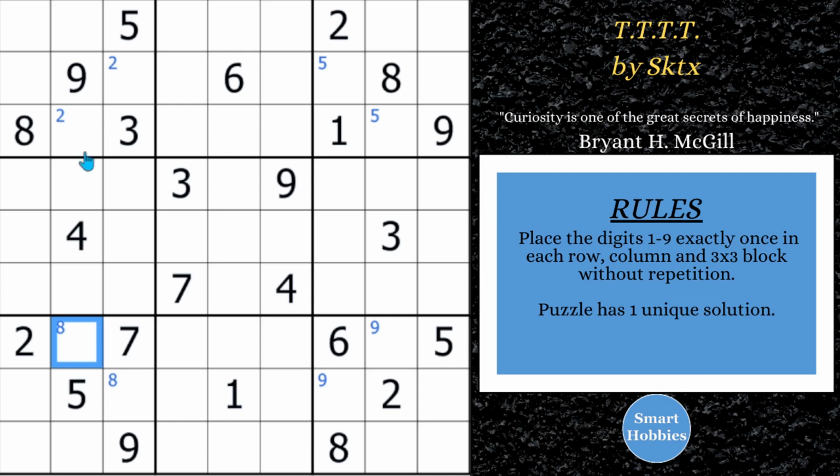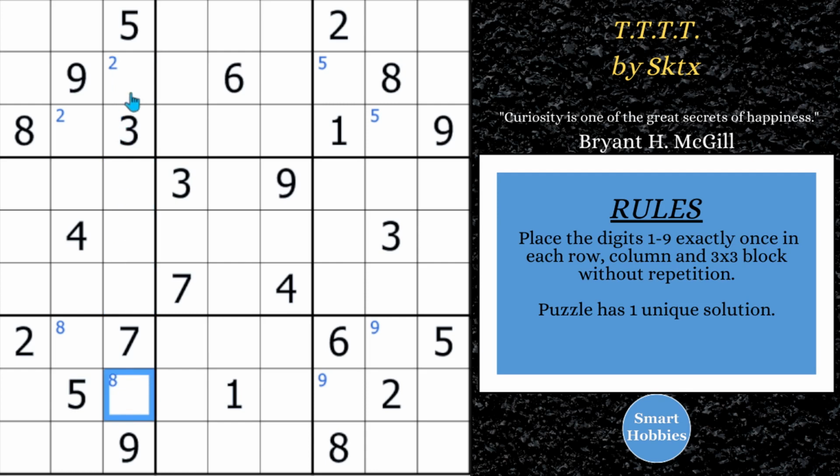And so what we want to do is notice something else. It's these cells right here. You notice how the 6 blocks these 3 cells, so 6 can only be here and here. The 3 blocks these 3 cells, so a 3 can only be here and here. A 1 blocks these 3 cells, could only be here and here. And then you got the 4 blocks these 3 cells. A 4 can't be in any of those cells, so a 4 can only be here and here. Well, those form